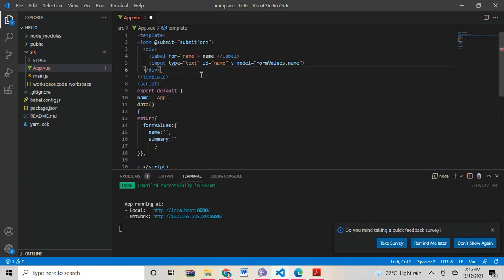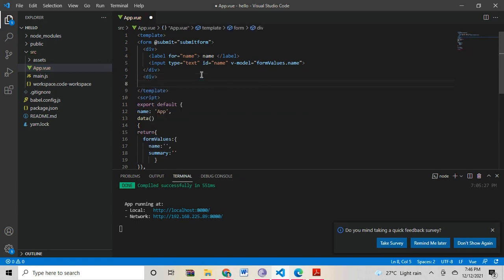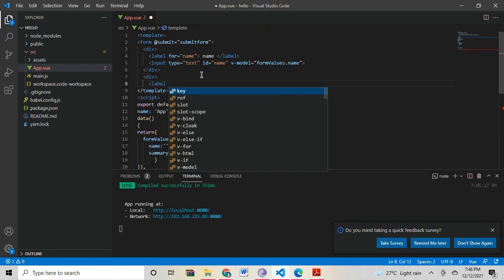And open another division tag and create a text area. First, what is the label here? You can give any label. Summary or feedback.